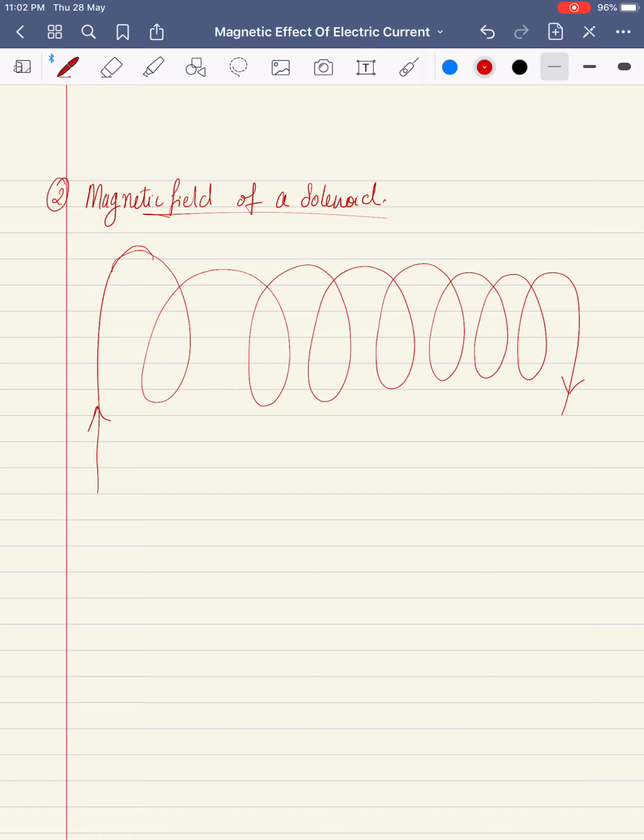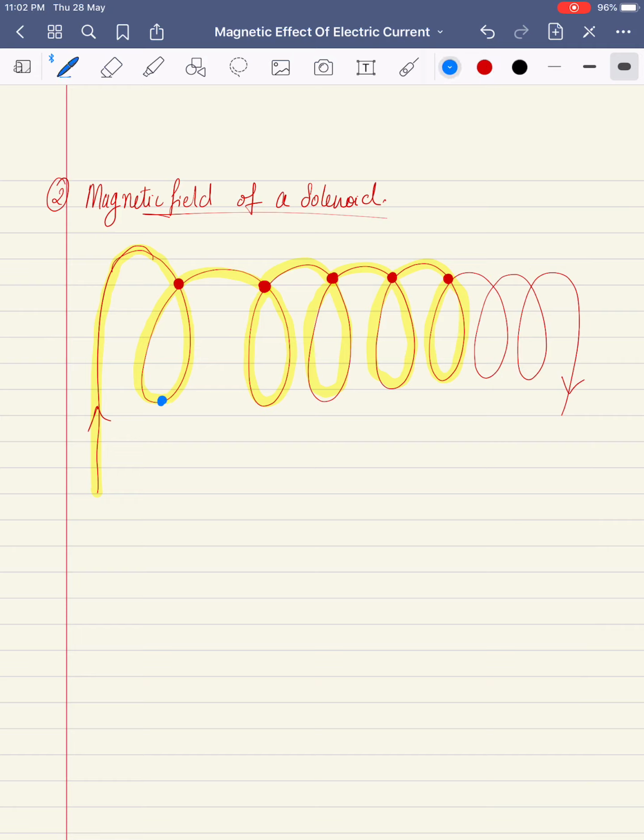So if you check over here, what you will come to know is, when I talk about the flow of current, when the current goes in, it will come out, then it goes in again, comes out again, goes in, comes out, goes in. It's coming out, moving in. So basically when I talk about the points which are above, on those points the current is moving normally out of the plane of paper.